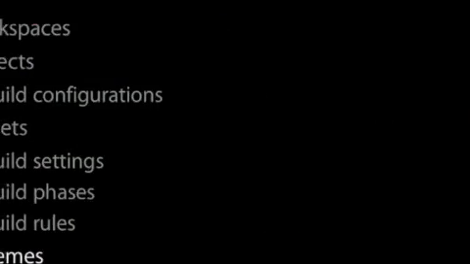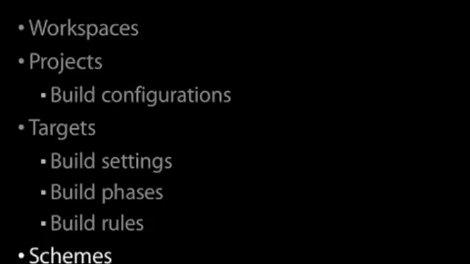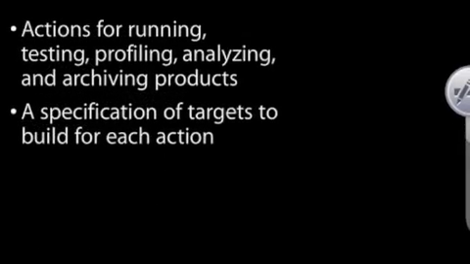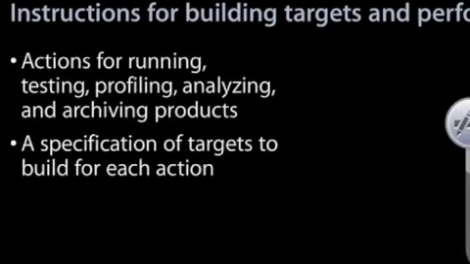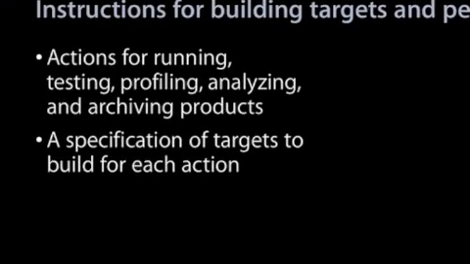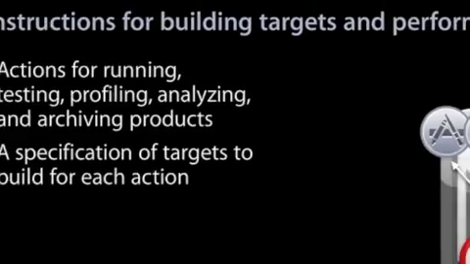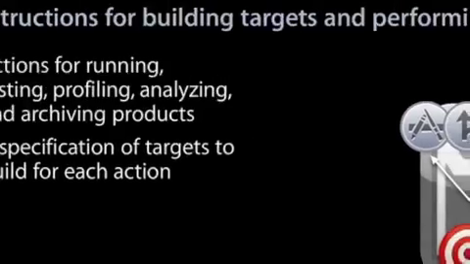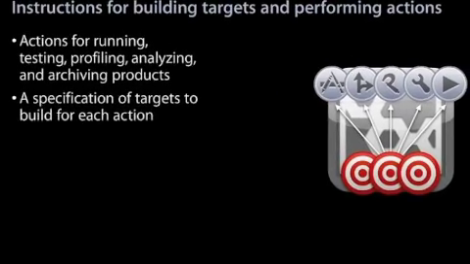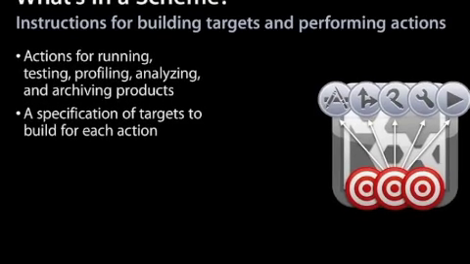So that's targets. Let's talk about the schemes that build them. A scheme is a file that contains the instructions for building a set of targets to produce a product, and then performing actions on that product. So we have actions for running, testing, profiling for your performance, analyzing your source code, and archiving for distribution. For each of those actions, the scheme contains a specification of the targets that will be built